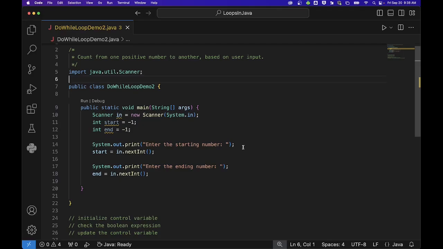So in our while loop video, our definite loop was just outputting, counting from 1 to 10. And so we're going to add a little twist here where we're going to make that, instead of going from 1 to 10, we're going to go from whatever number a user inputs for the starting point to whatever number they enter as their ending point,